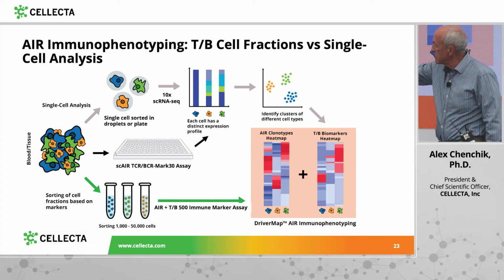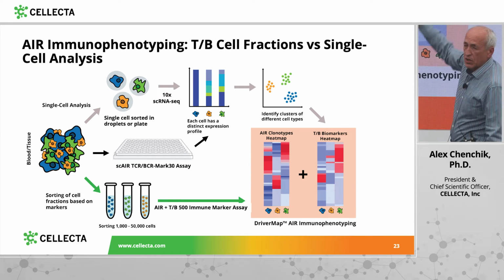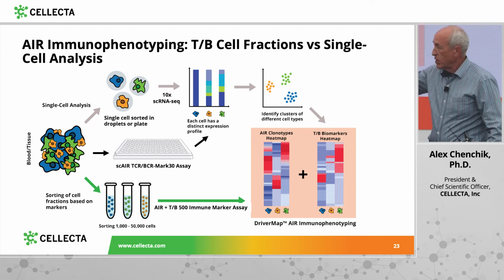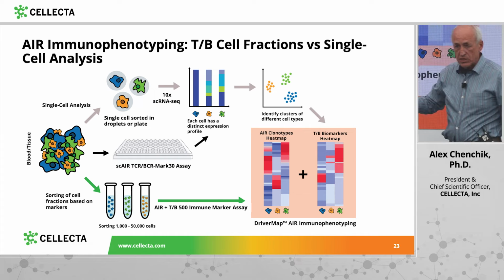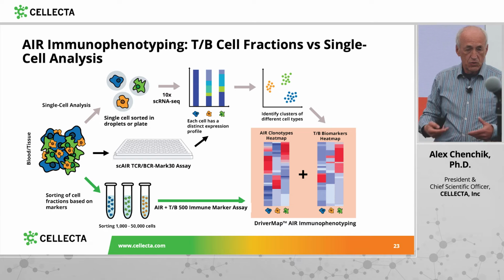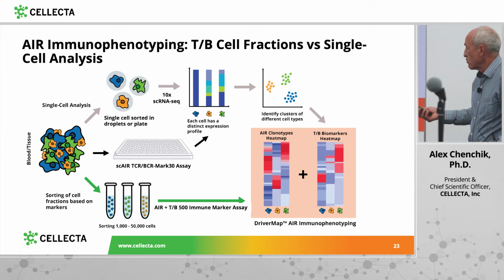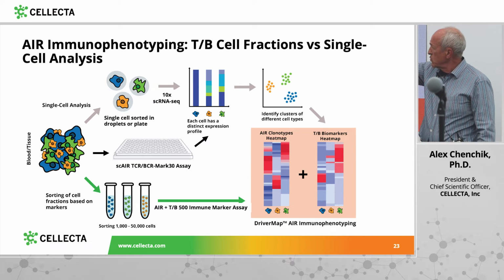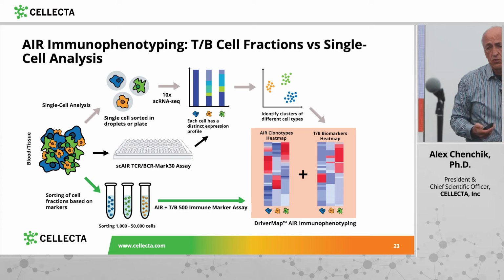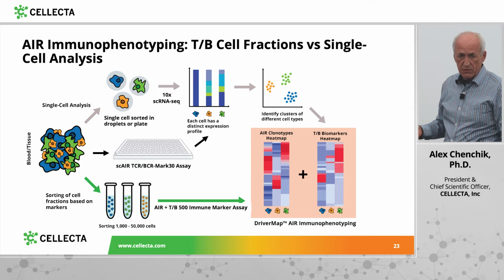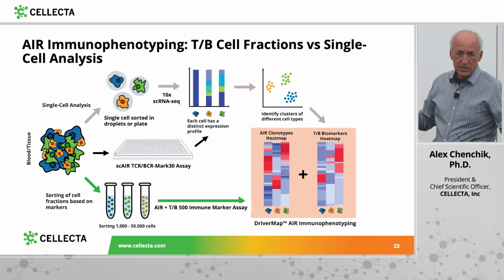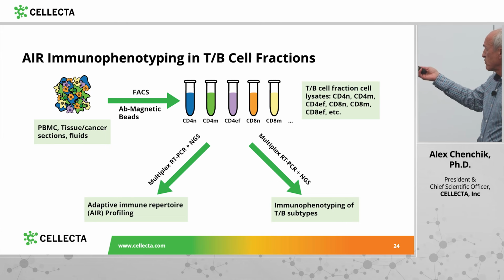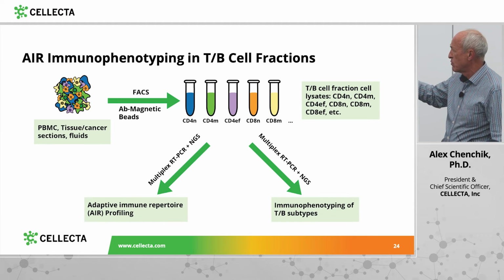You can immediately sort the cells based on the same biomarkers which characterize naive cells, memory cells, or exhausted cells in the test tube. And you can run this immune marker assay, what I described right now, and AIR assay using the same cells. It allows you to generate a very similar set of data. We also described today a single cell assay, so you can sort cells in a 96-well plate and do a very similar strategy. But the number of cells definitely will be limited, not like in 10x, 10,000 cells, but it can be a few 100,000 cells. And I would like to show you a small example of how it can be